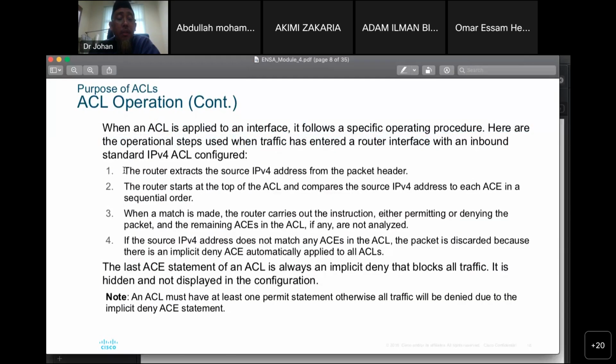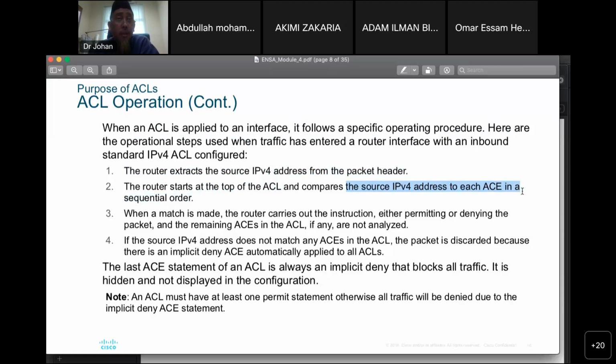First, the router extracts the source IP address from the packet header. And the router starts at the top of the ACL, from the top, and compares the source IPv4 address to each ACL statement, or ACE, access control entries, in